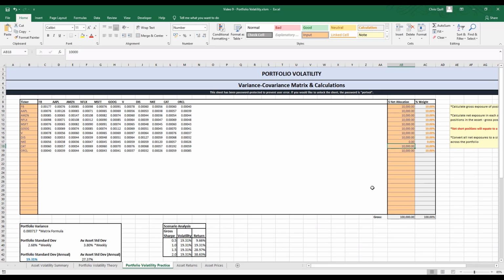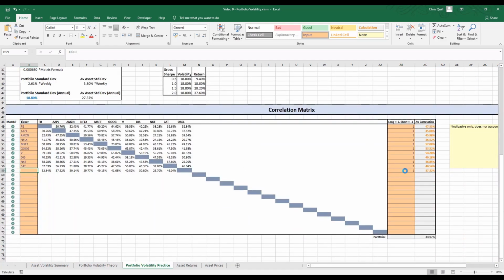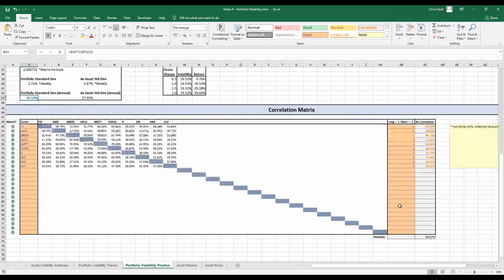Let's get back to the scenario that we were looking at originally, where we were looking at a 10-stock long-only portfolio of mega caps. So I'm going to remove Oracle from both the variance-covariance matrix and also the correlation matrix below. So when I do that, let's just take note of what the portfolio volatility is. It's 19.52%. Also, we can see that the average portfolio correlation is around